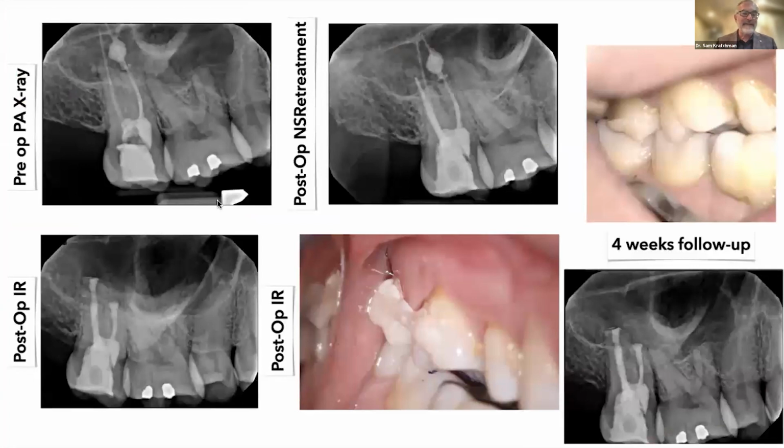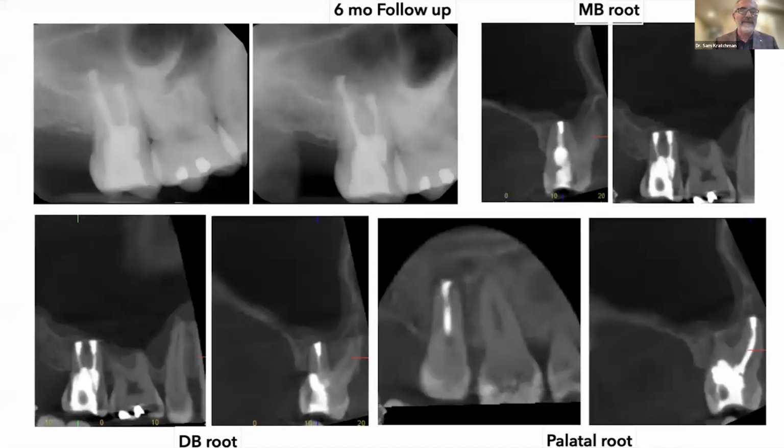Okay. Here is the post-op of the intentional replantation. In this case, because of how short the roots were, there was some mobility, so we had to splint it. Ready for this? Less than 15% of the time we have to splint it, because we take it out carefully, we put it back in, there's 0 to less than +1 mobility, so you don't even want to splint it. There's a 4-week follow-up. We took the splint off, and the patient came back recently for a 6-month follow-up, cone beam